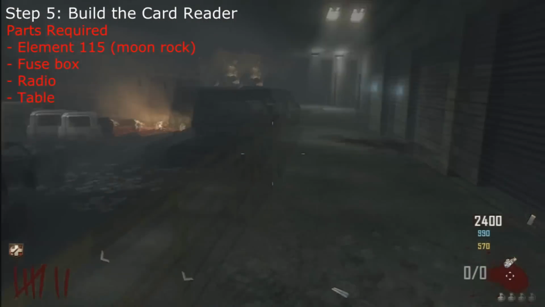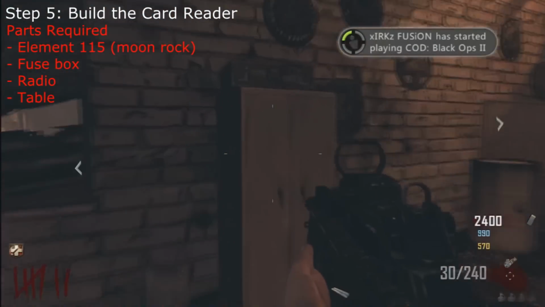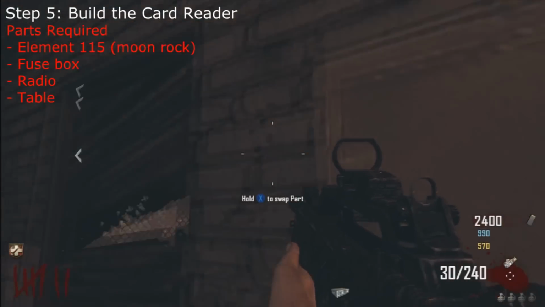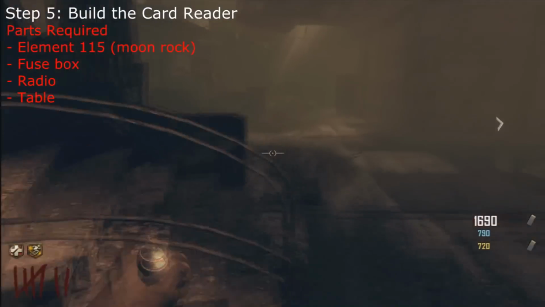It can also be found in the power room, which is where we found it the second time around doing this Easter egg. Now we've got to find a radio, and the radio can be found on top of this filing cabinet in the garage at the diner. And there is an alternate location for it, and that is at